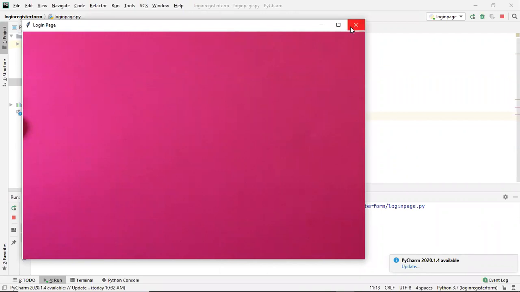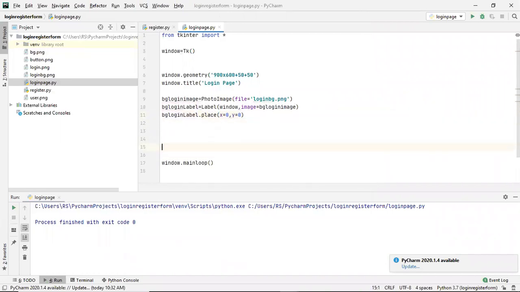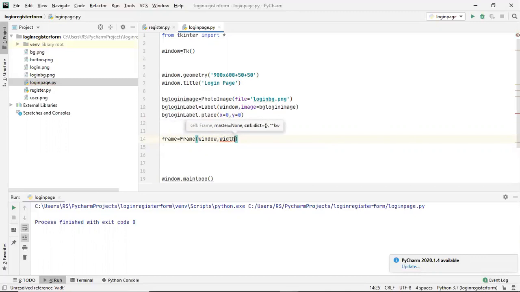Next thing is we need to create a frame. So just after this, you will create a frame, and make sure you write everything between this main loop. So here we'll create a frame. So frame equals to frame class. This frame will be inside our window, and next thing is the width that I'll provide as 560.